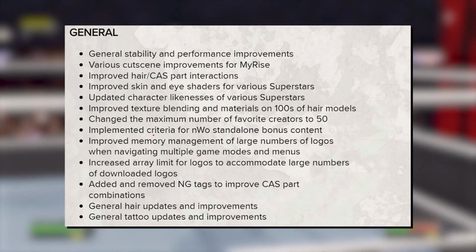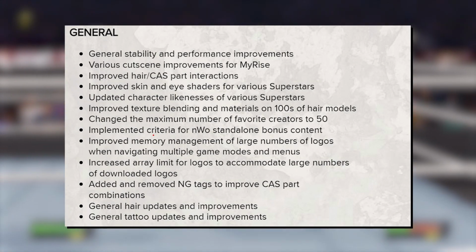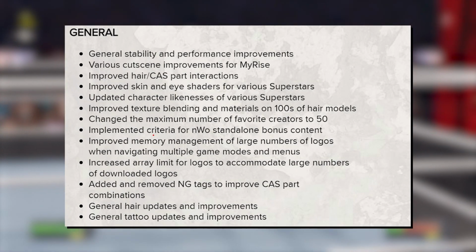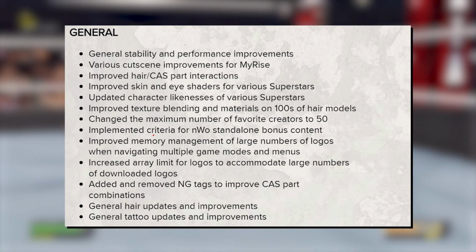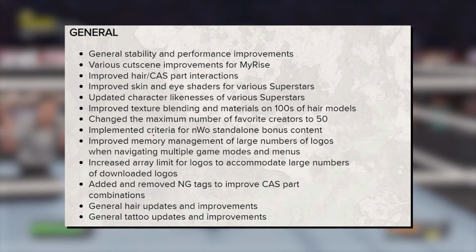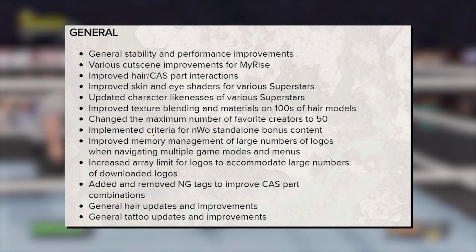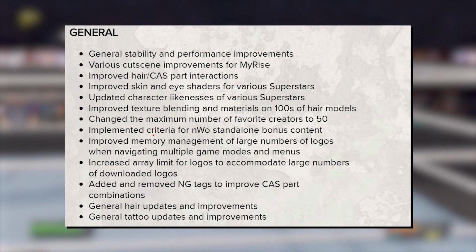Some of the general fixes we have here are the following: general stability and performance improvements, various cutscenes and improvements for My Rise, improved hair, creator superstar part interactions, improved skin, eye shaders, various fixes for superstars, updated character likeness of various superstars, improved texture, blending, and materials on 100s of hair models, changed the maximum number of favorite creators to 50,